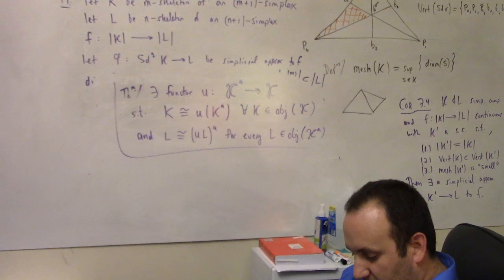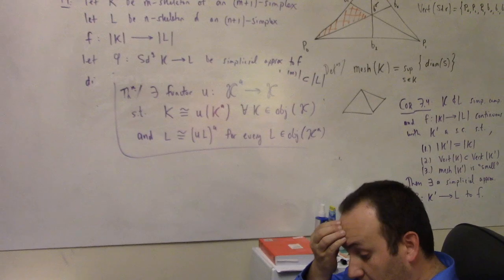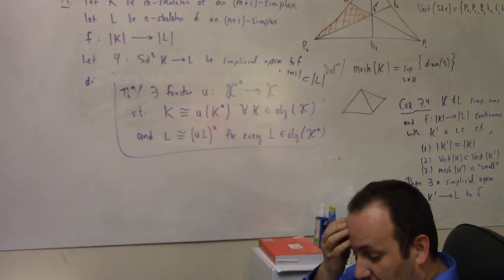Anyway, getting past the parenthetical comments, one quickly verifies that U from boldface K with an upper A to K is a functor, and the isomorphisms. So anyway,